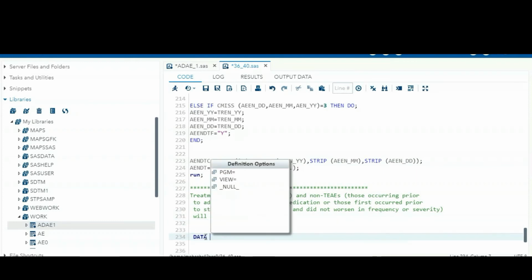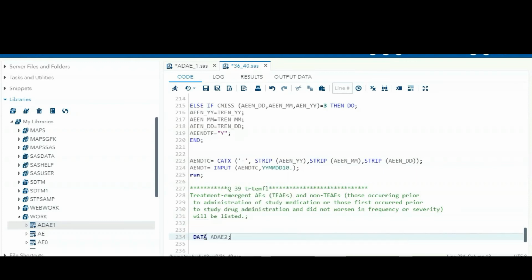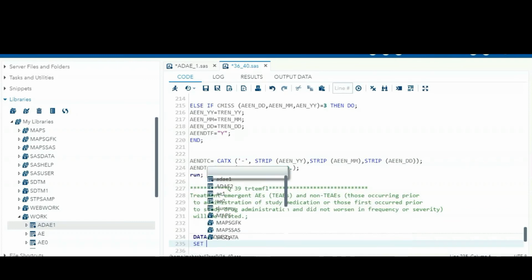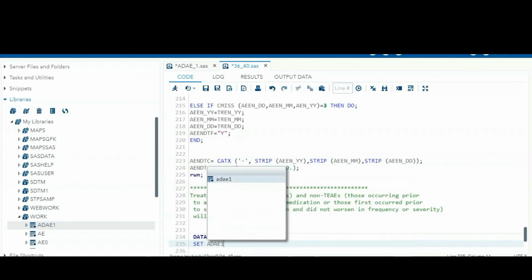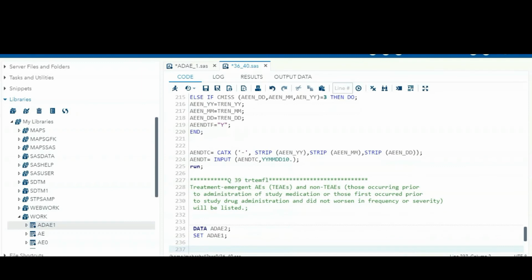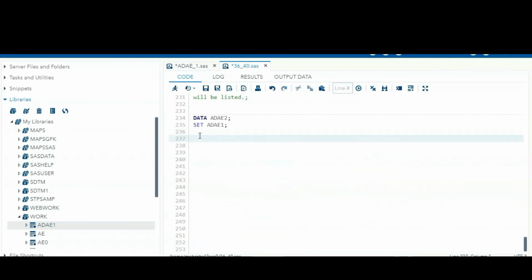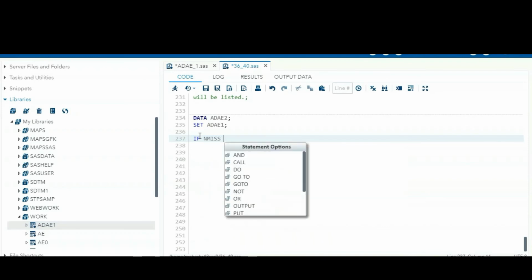So data ADAE2 set ADAE1. Okay, the first condition itself showing if it is non-missing of the ASTDT.